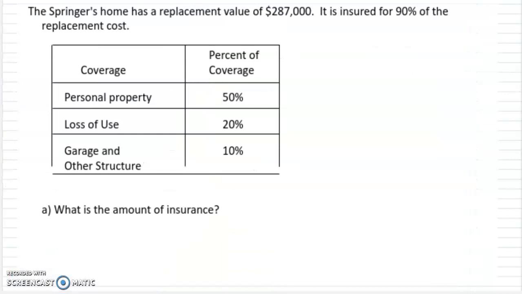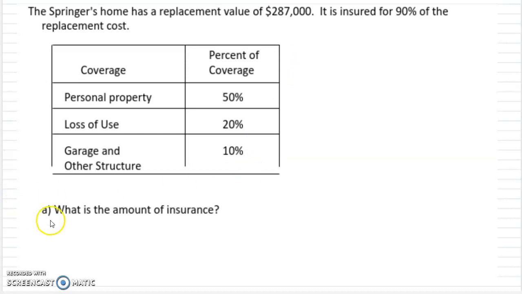And last question. The Springer's home has a replacement value of $287,000. It is insured for 90% of the replacement cost. Your chart shows personal property has 50% of coverage. Loss of use is 20% of the coverage. Garage and other structures is 10%. So, first off,